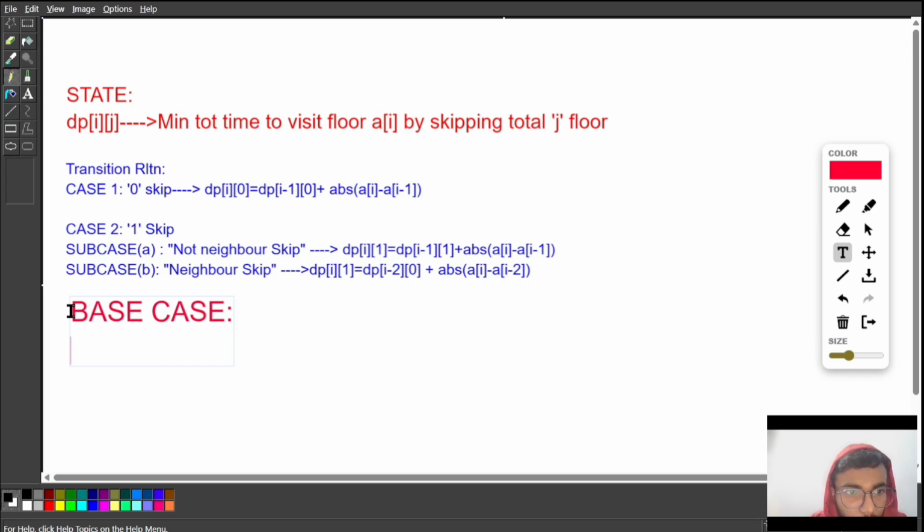In the base case, if I have to go by the tabulation approach,